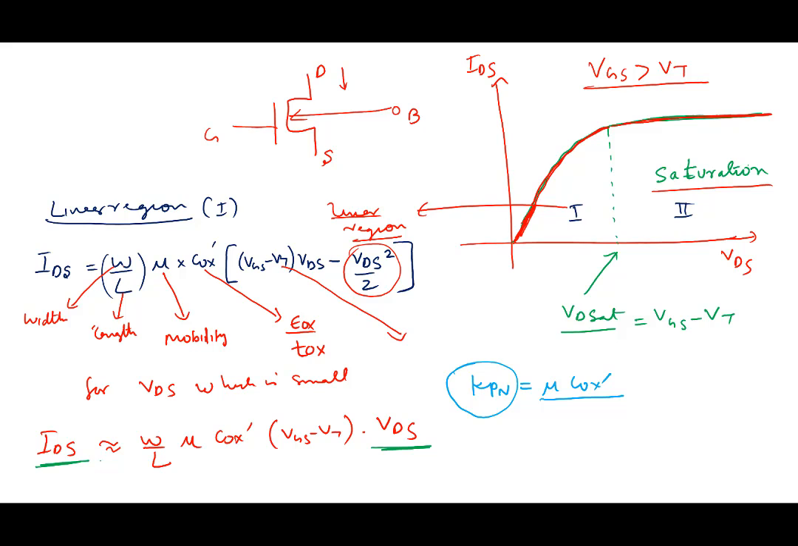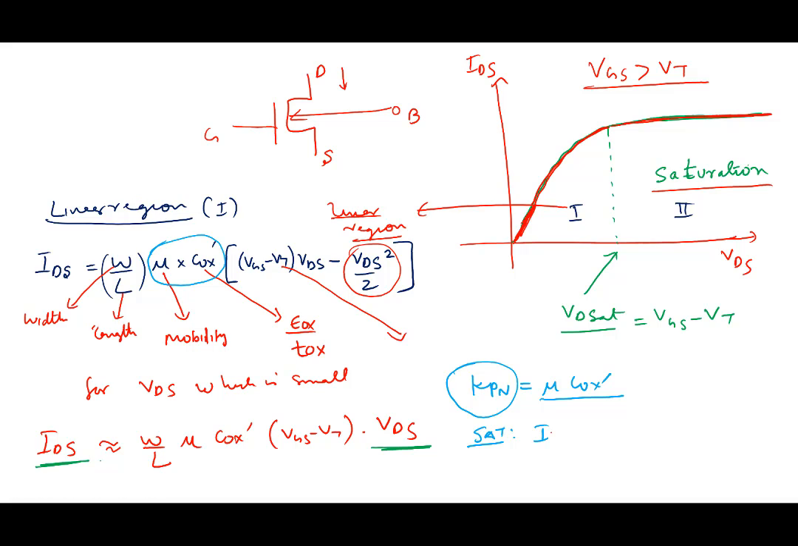Okay, so W by L, Kpn, VGS minus VT, VDS minus VDS squared by 2. So that's the linear region of operation. In the saturation region, IDS goes as, so in saturation,